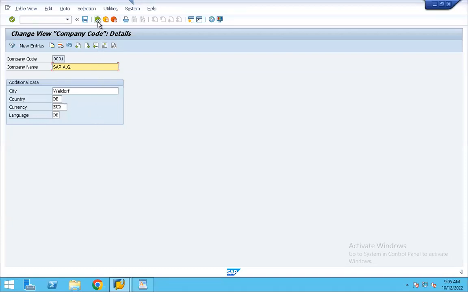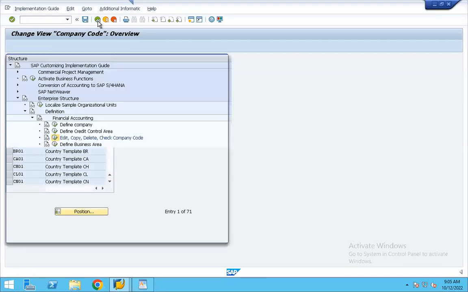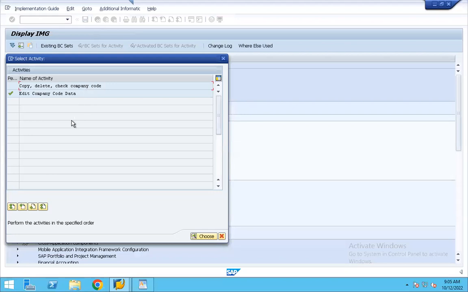That's it, not more than that. So that's why it is always and always suggested by the SAP consultants that whenever you want to create an organization level, always and always copy from the existing one.